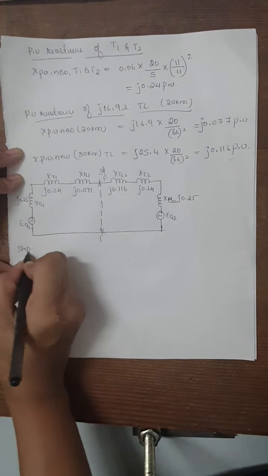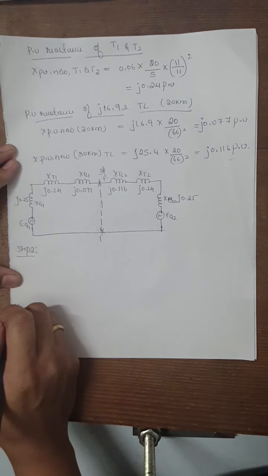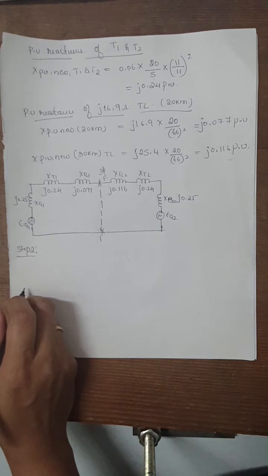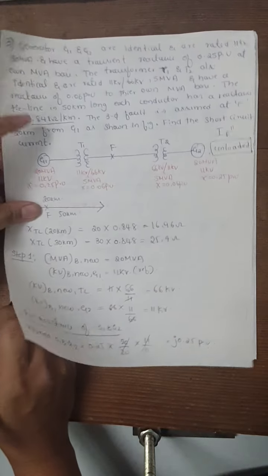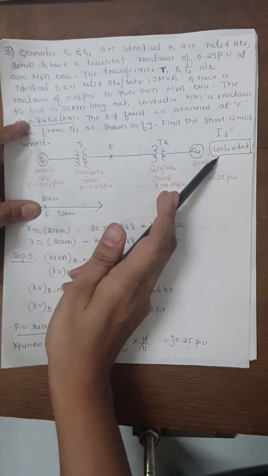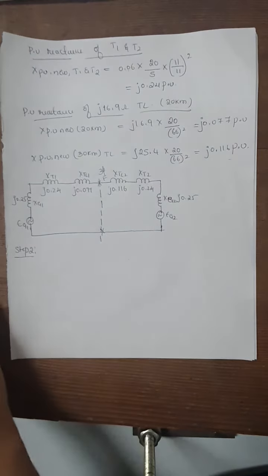Next, proceeding with the step 2 calculation, that is calculation of pre-fault. But before that we need to identify whether the system is loaded or unloaded. So now look at the given data. There is no details given on the load side. So it is understood that the given system is unloaded. So now look at the procedure once. If the system is unloaded means,